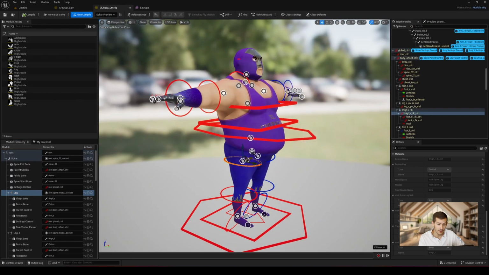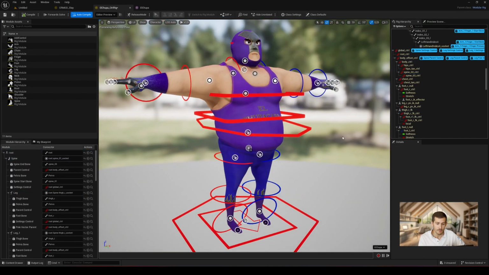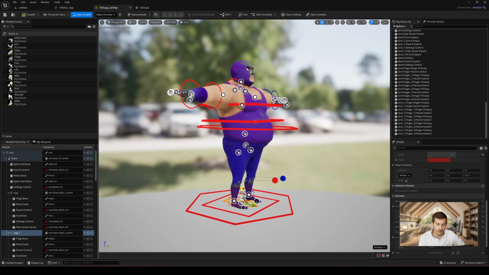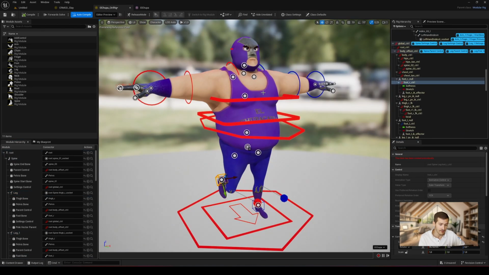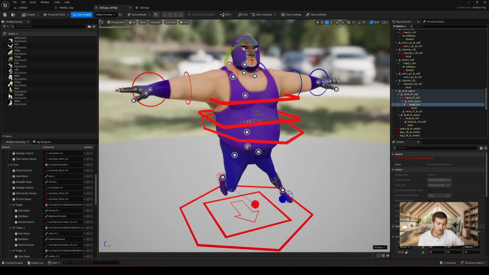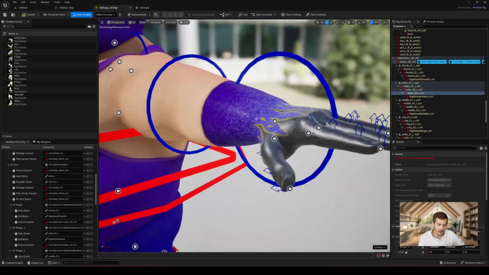That's why I wanted to try it with other rigs, especially those from Mixamo. As I briefly mentioned at the beginning of the video, I managed to create a modular control rig on a character imported from Mixamo. It wasn't easy, I have a lot of things to tell you about it, and that's why I'm saving a separate video to talk about it in a concrete way, and it's coming next week.